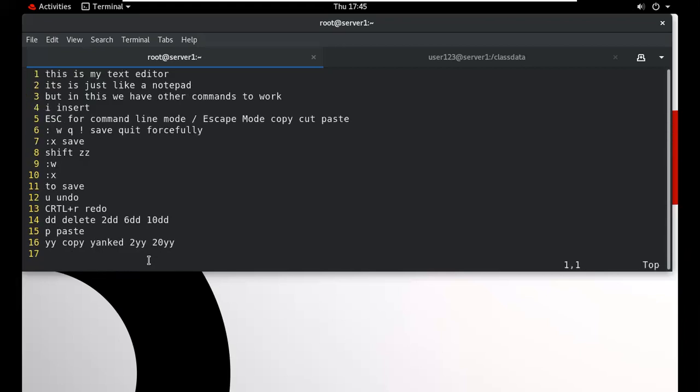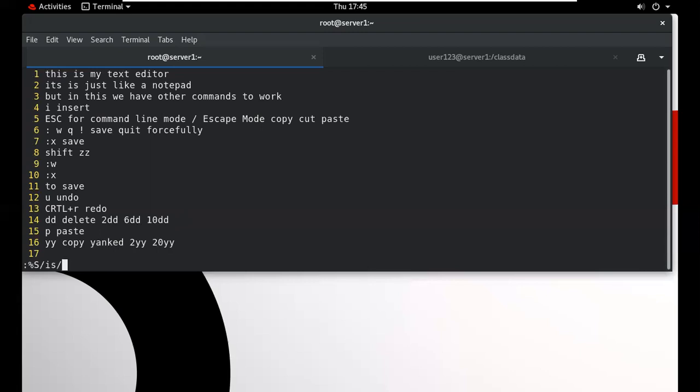Suppose we have a word, we copy it one time, "is". We have "is" here, we have "is" here, and we want to search. Type colon percentile s, we want to search "is".